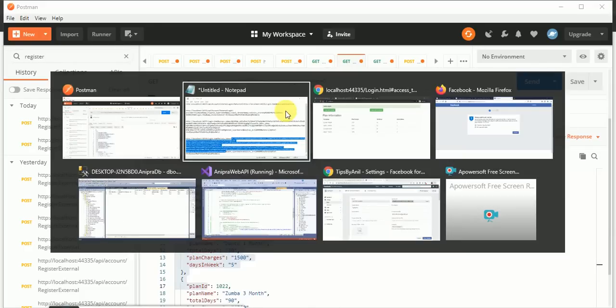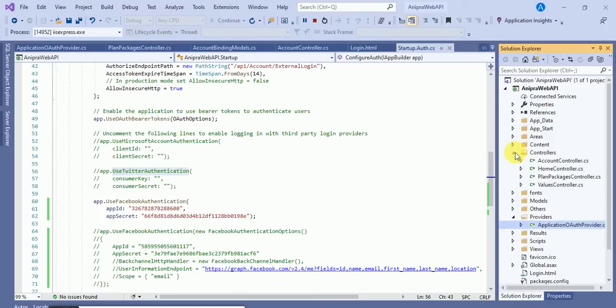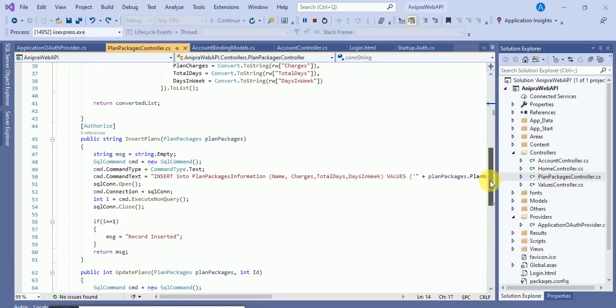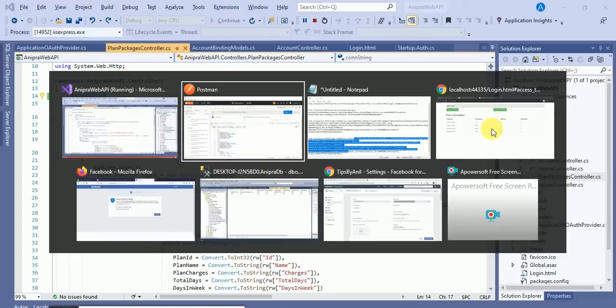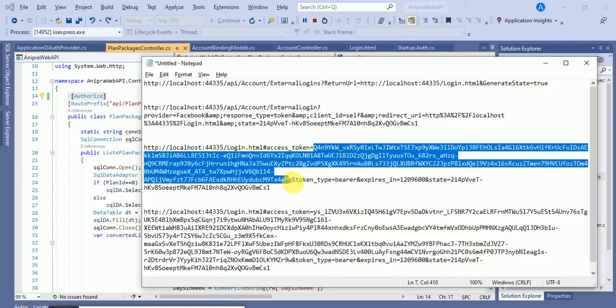So I'll show you where our authorized web API is. Go in controller, and in the plant packages controller you can see we have an authorized web API. We want to access this web API, we want to authorize this. If I authorize this web API using the Facebook token, it will not allow it.